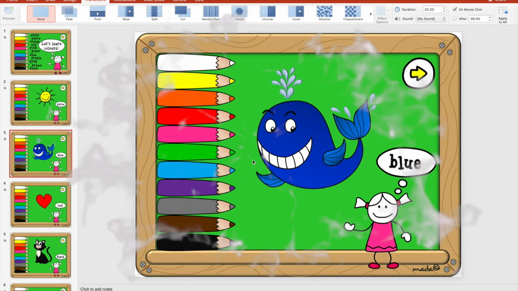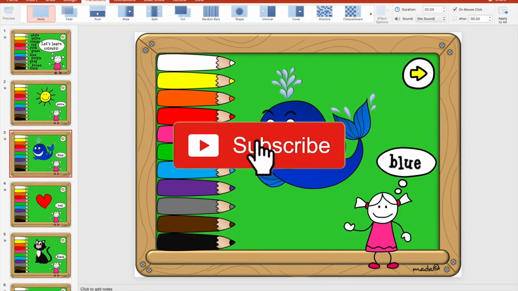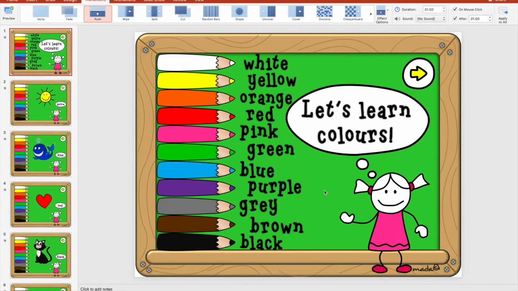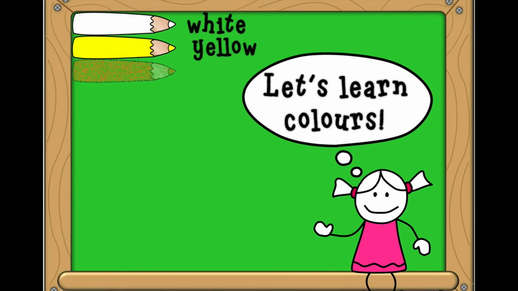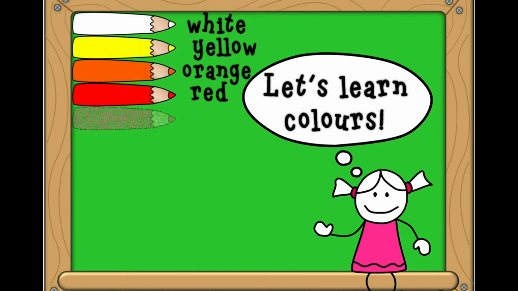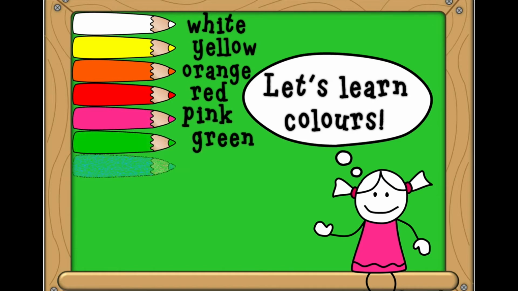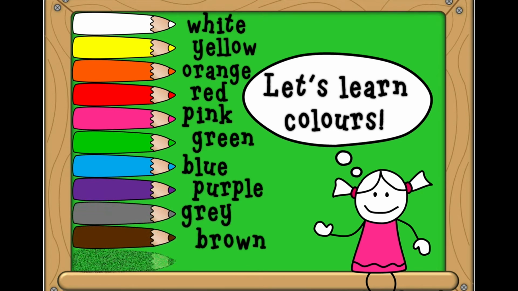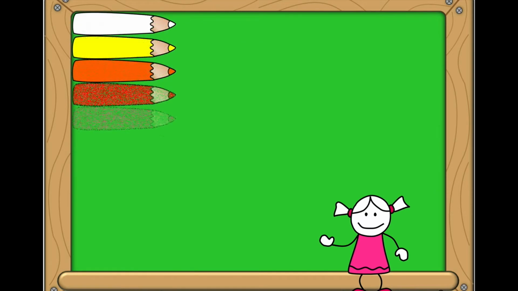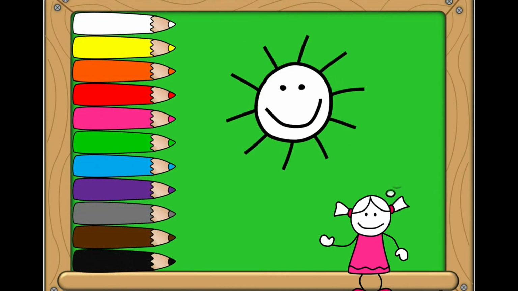Now let's play. White, yellow, orange, red, pink, green, blue, purple, gray, brown, black, yellow. So let's play the game. If I click on